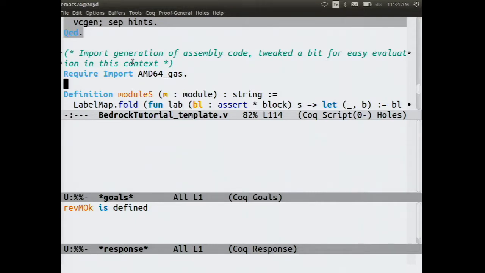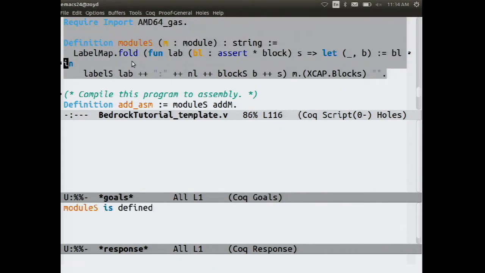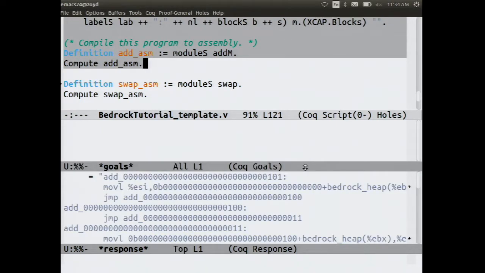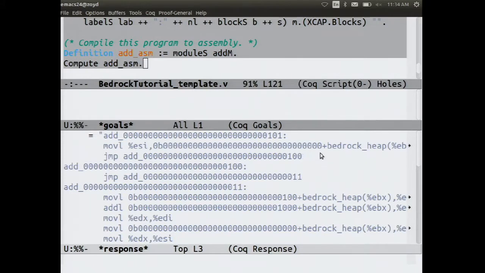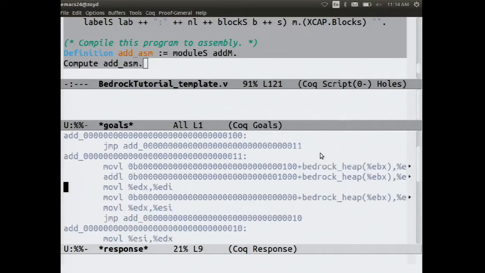All right. So let's generate AMD64 assembly code from these programs. It turns out the original programs are actually basically notation for generating assembly code. So we can just run them and then do a little bit of extra assembly that I put in here. So here's the add program computed down to assembly code. All the numeric constants are in binary because that's easiest to output. And yeah, you know, it's an assembly program. And it's very easy to add tooling to pretty print this to a .s file and then compile it and run it.